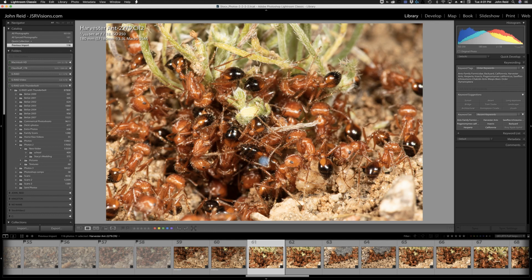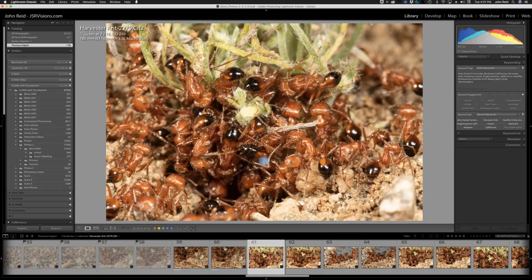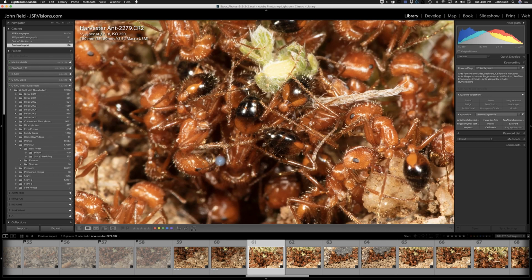So again, all these ants were on this little bush that's right next to the hole. I don't know if they're trying to get rid of it or if they're all gathering water, the condensation at the bottom, which I think is more likely what they're doing, but they were moving very, very slow around it. But if we zoom in here, it almost looks like that guy has some water there